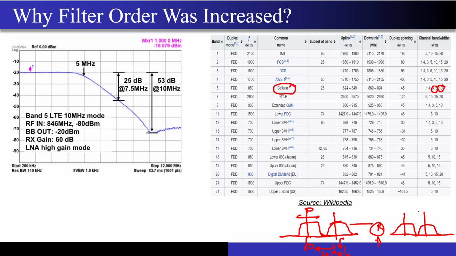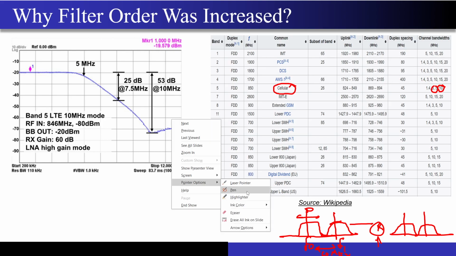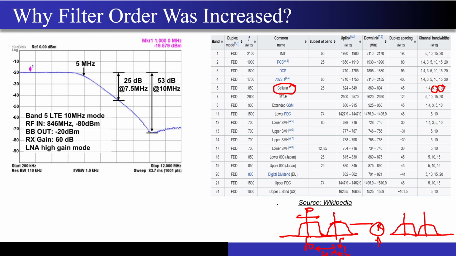The problem is, if you don't have a sharp filter, correct, what you are gonna have is some, see, this is the channel where other user is operating. This is my own channel, my channel. Why do I want to process the information that is present on the other user's channel, right? It will just corrupt my call, if I'm trying to speak with some other person, right? I will be able to hear what the other person is saying to some different person, right? That is a crosstalk that I don't want to happen.